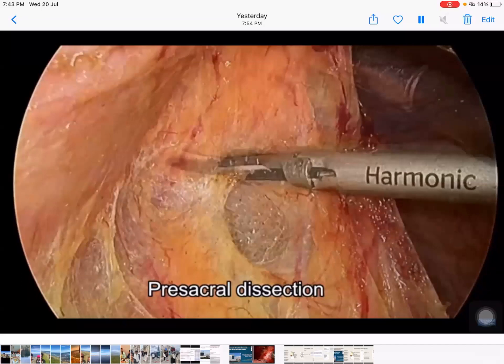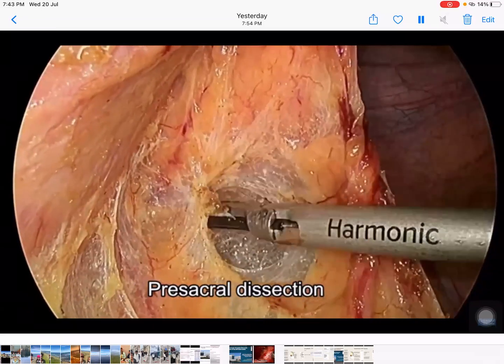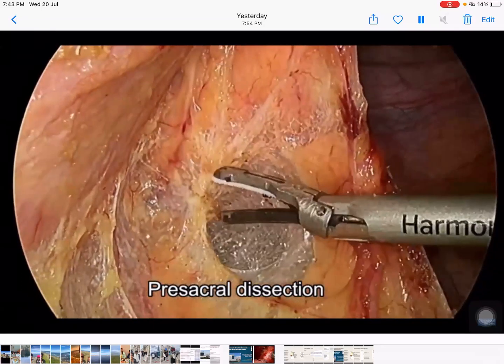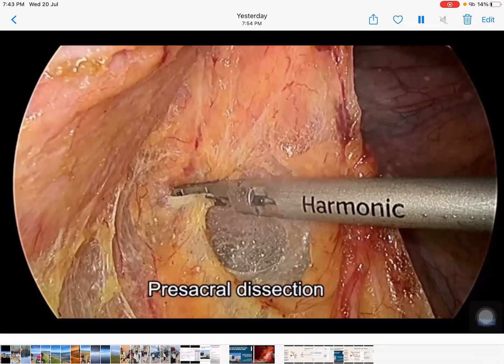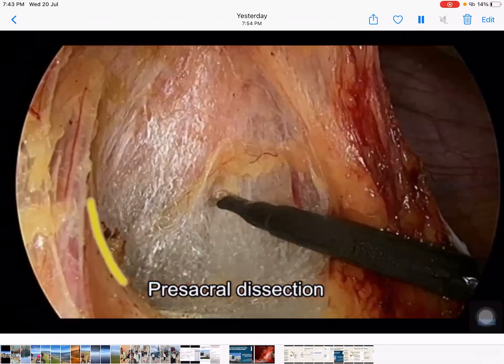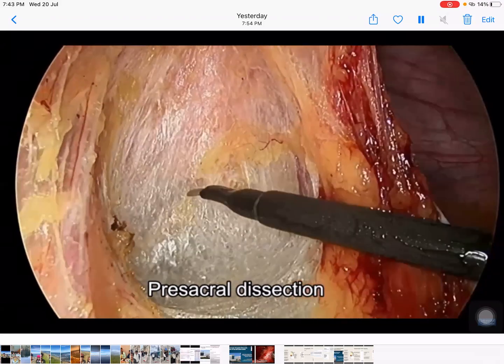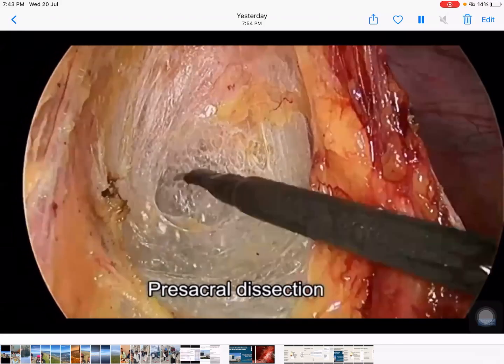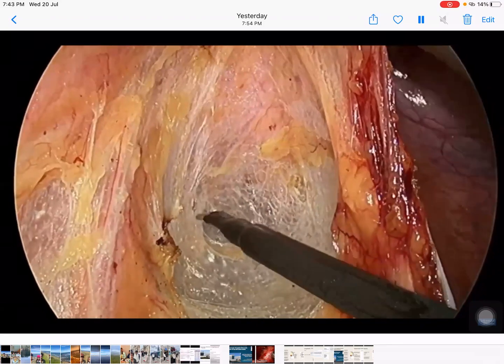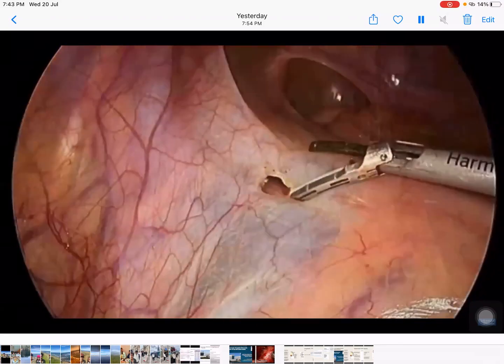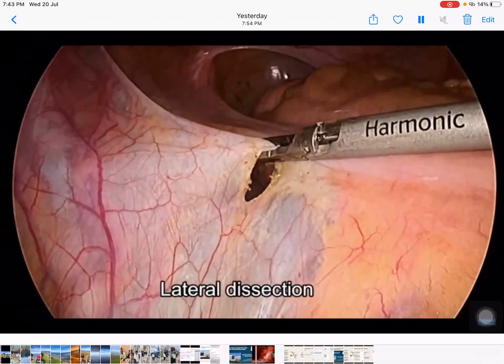You also have to make sure the sigmoid is completely free. So sometimes you may have to enter the pelvis to make sure the sigmoid is completely mobilized. Because if you cut the transverse colon very high, then your sigmoid will come up for a left hemicolectomy. If you've done a good resection, then obviously medial to lateral resection,